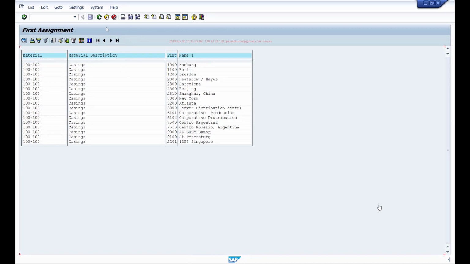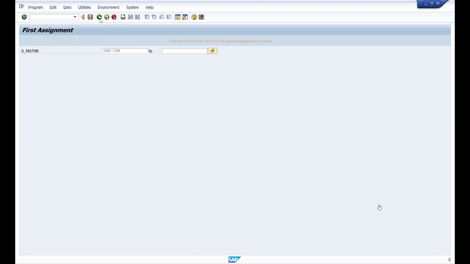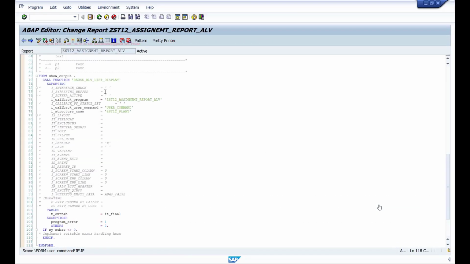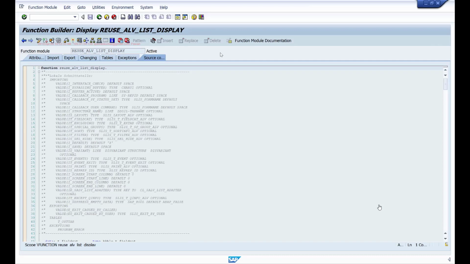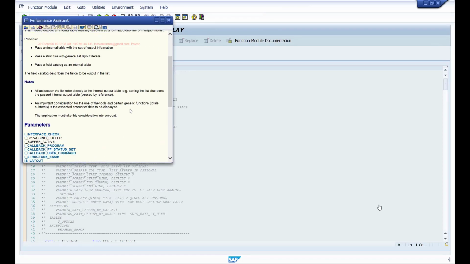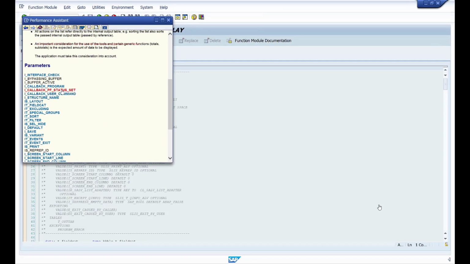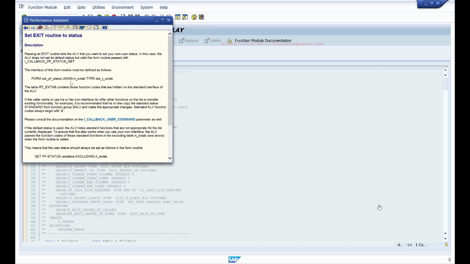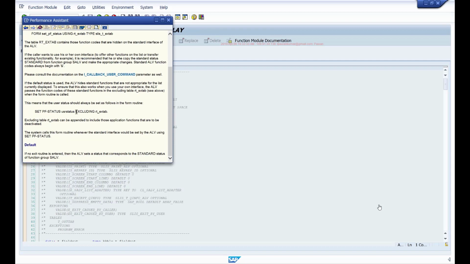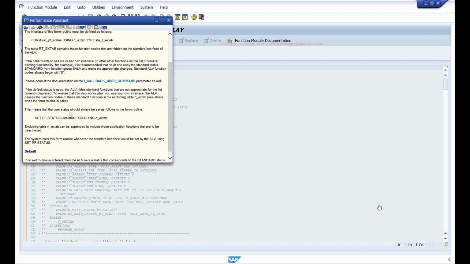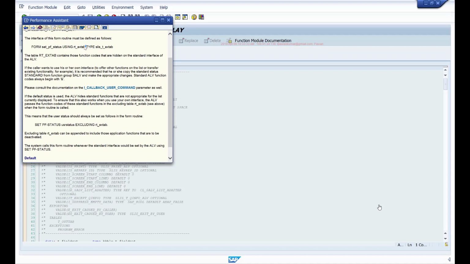So if you look at the documentation of this ALV again, there is a field called set PF status, and to this again you have to pass one subroutine name, and that subroutine should have one formal parameter RT_XTAB.